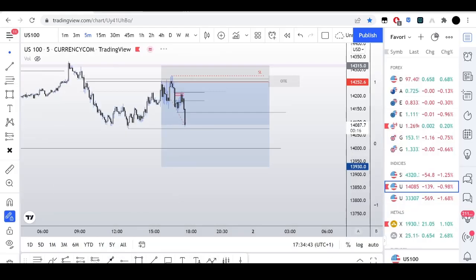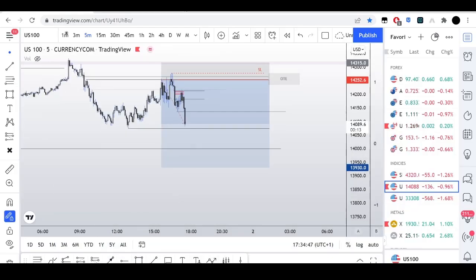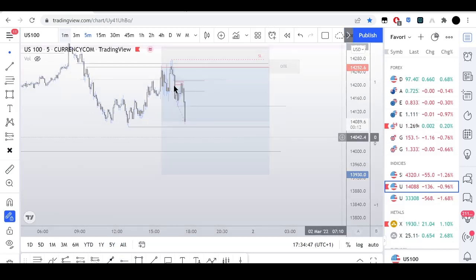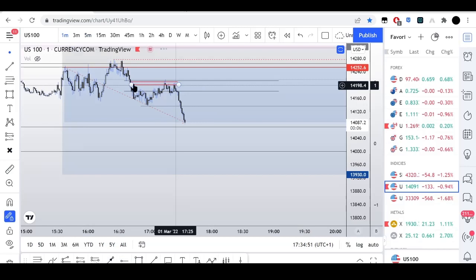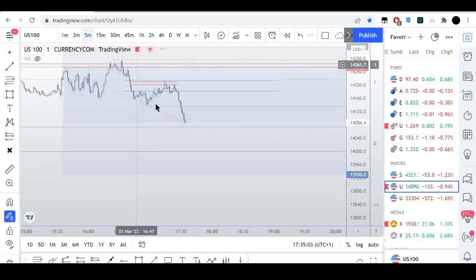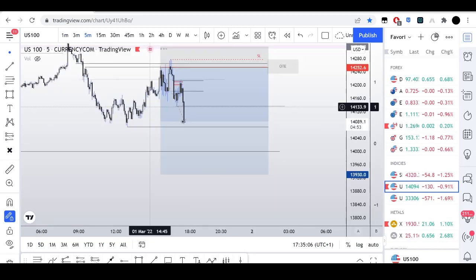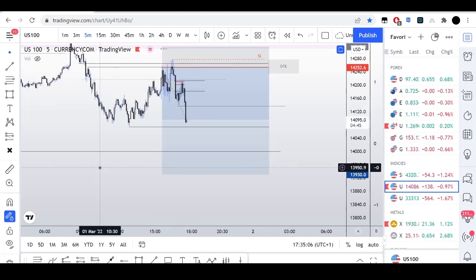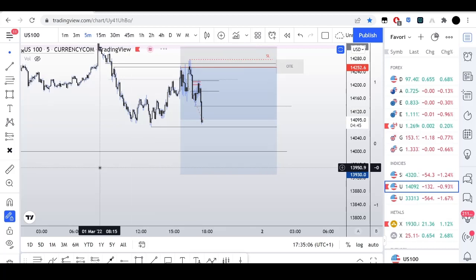All right, so as you can see, we respected that fair value gap, rebalanced it, right? And then once again, here's the refinement of that fair value gap. Look at the bodies. We had a displacement lower, and like I said, we should attack this low, external liquidity, and really get some push to take out this low, which we just did here. Large candles, right? I don't know if we could get all the way.